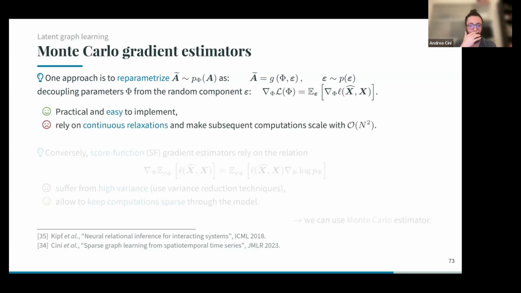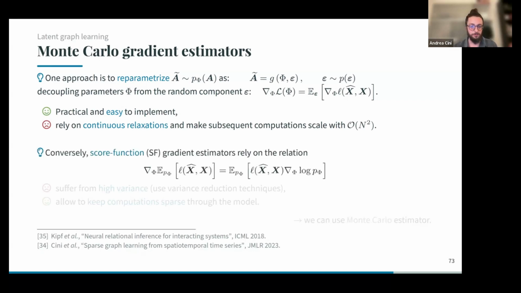This is practical, and the major downside that needs to be pointed out is that it needs to rely on a continuous relaxation in order to have discrete or sparse adjacency matrices. So if we need a continuous relaxation, then the computation, at least during training,